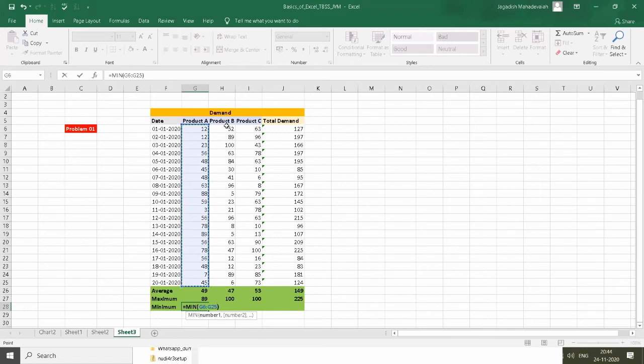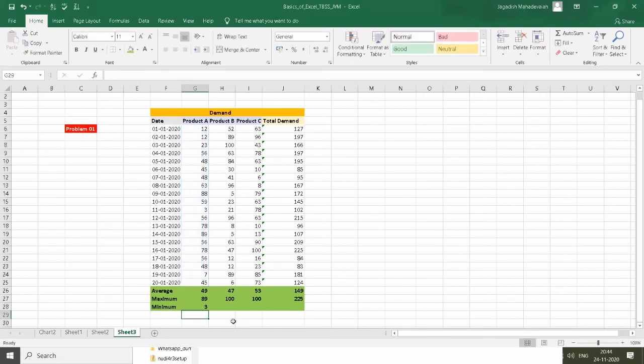Just click and drag and press enter. So minimum demand of product A is 3. Yeah, starting from 1st Jan to 20th Jan. Now similarly extend it. Completed.